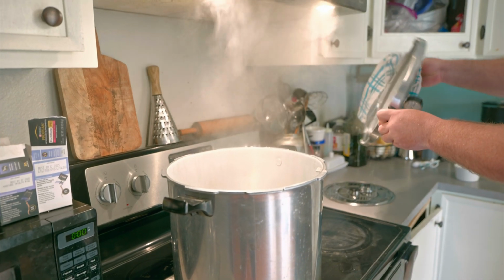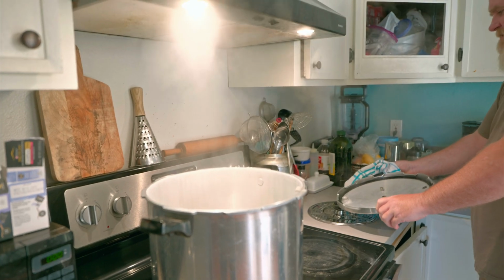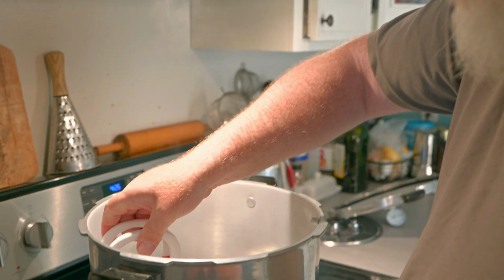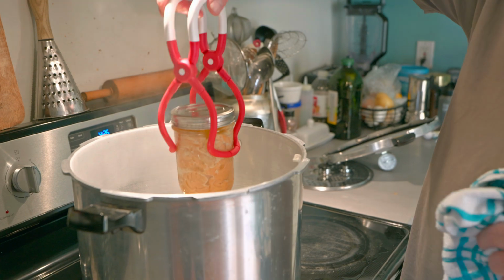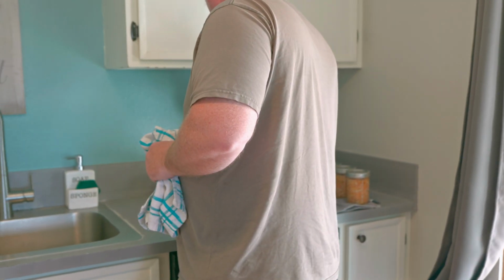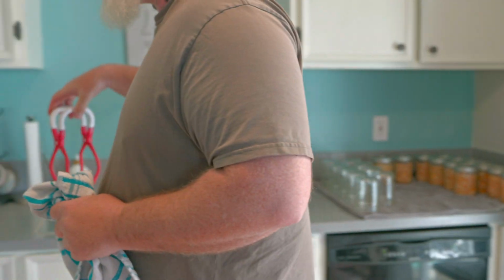Pull it off to the side. I am going to take these out using my handy dandy can removers here. And we'll set them on the counter. We're going to leave them there overnight,